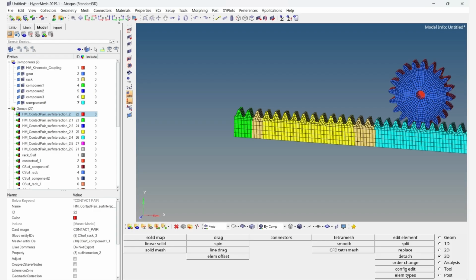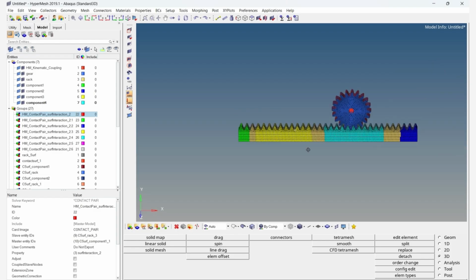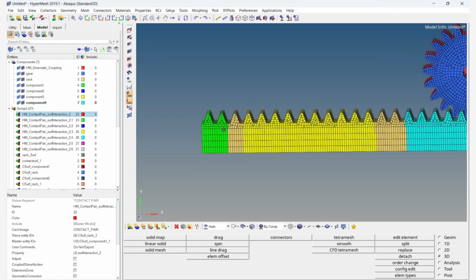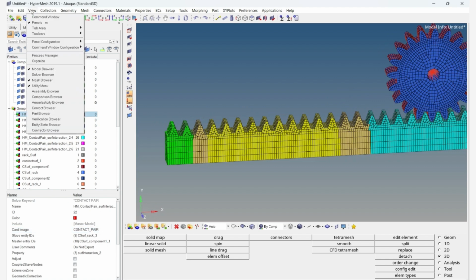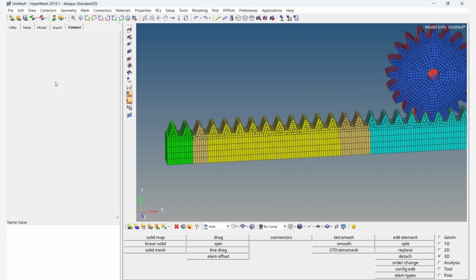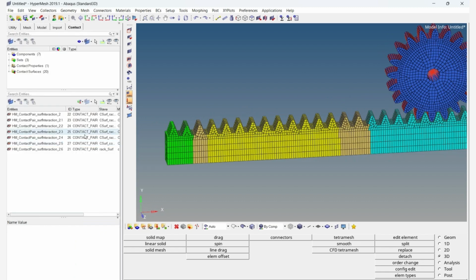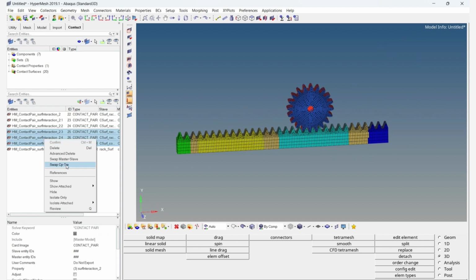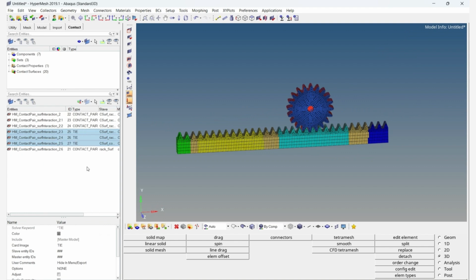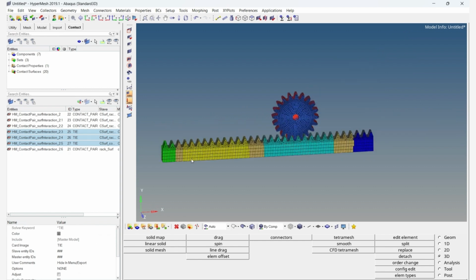For older HyperMesh, the same INP I have opened in the older HyperMesh, and in this way, in this groups also I need to convert this contact pair to tie. So I will go to view here, contact browser, and this browser will open, and then whatever pairs I need to convert, I will just choose those pairs, and I will just right click and swap contact pair to tie. So this is how you can convert contact pair to tie and tie to contact pair